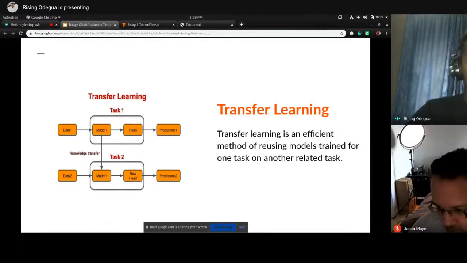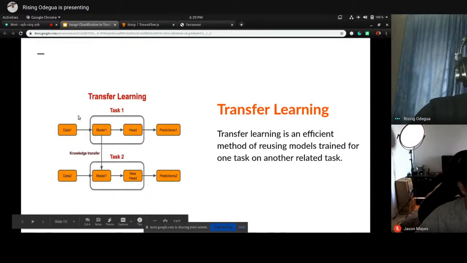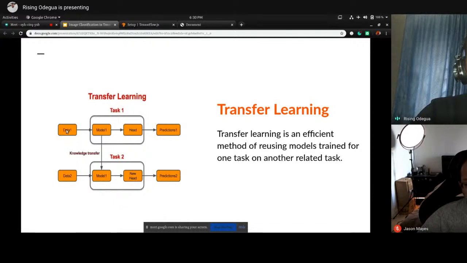If you take a look at the image to the left, for task one, the data comes in, you have the model, and then you have the head of the model. The head of the model can be your top layer, your output layer, which can be maybe 2 classes, 3 classes, 4 classes, and things like that. Then you make predictions.